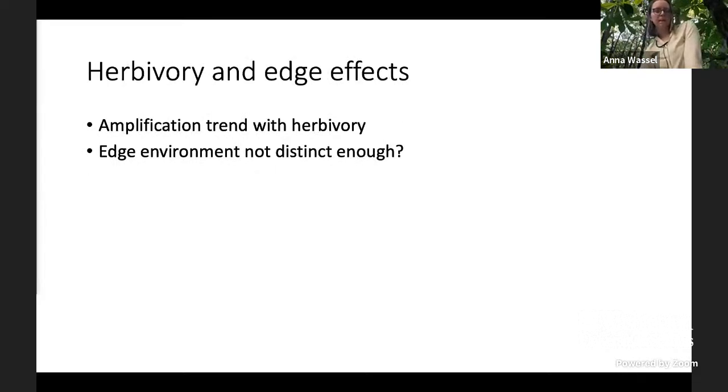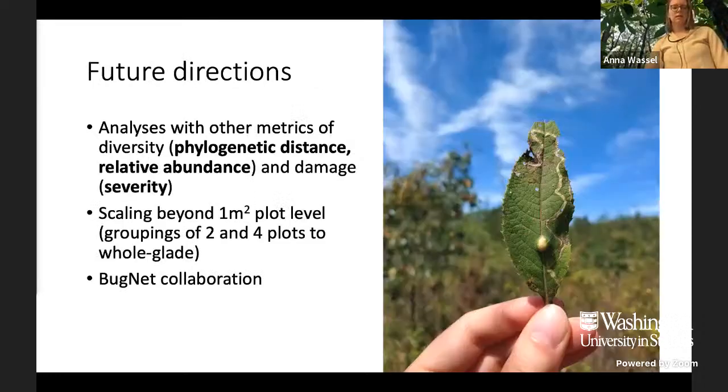Yeah, I'm not sure yet what I think about the amplification trend with herbivory. We will maybe need to first see if it's significant when we look at severity, but that's something to still think about. And perhaps just the edge environment of these sites is not distinct enough to see a difference in these patterns. So I will be analyzing these with other metrics of diversity, thinking about how these patterns scale spatially with